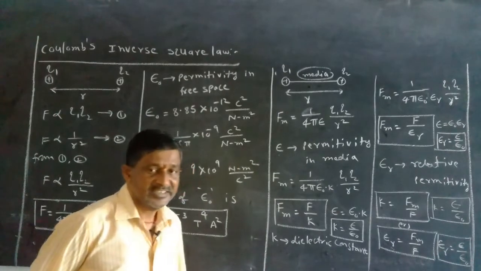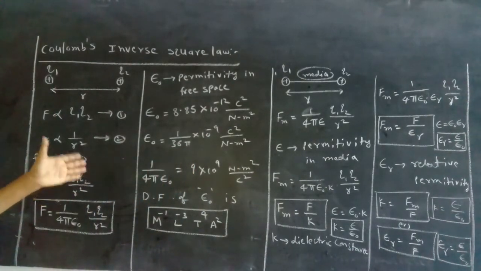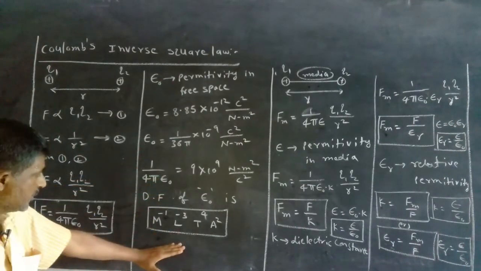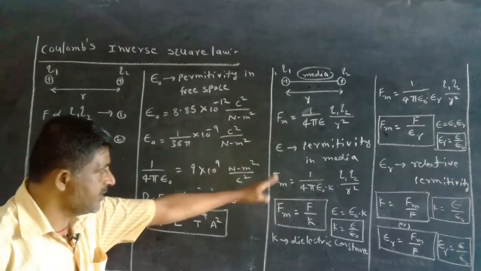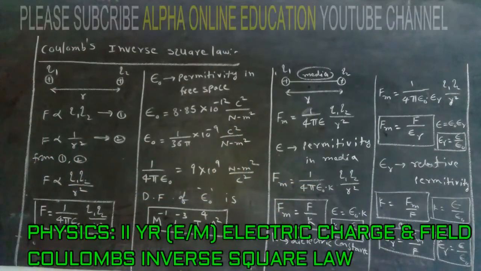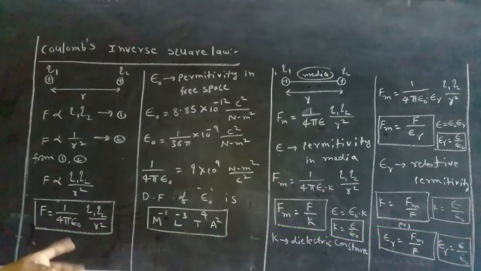Is it clear? See once again clearly and record it. Up to here it is 4 marks. This topic is important for 2 marks, and that equation is also important for 2 marks. Look carefully and record that in your notes. It is very important from the examination point of view. In the next class, we will discuss the relation between Coulomb's law and Newton's law. Record it.